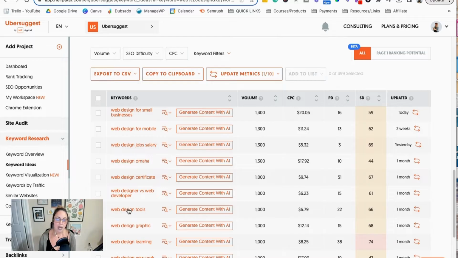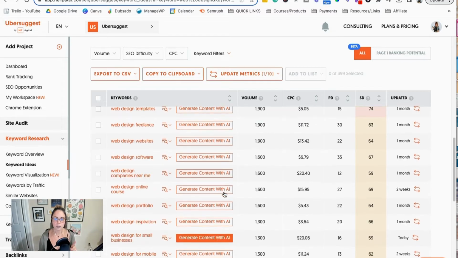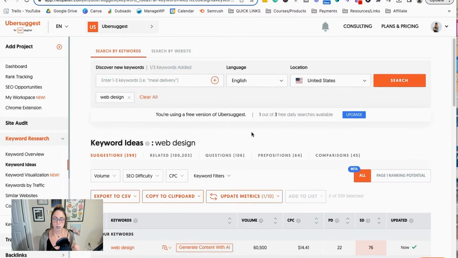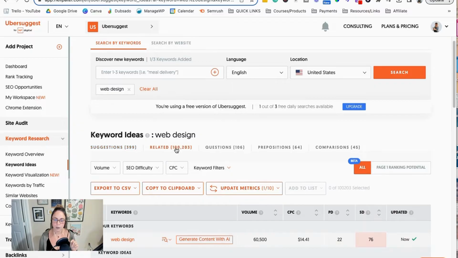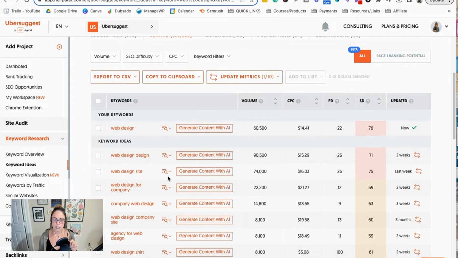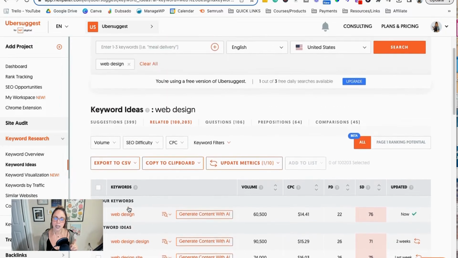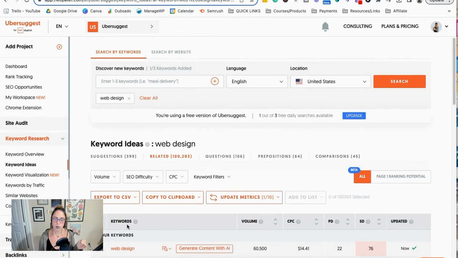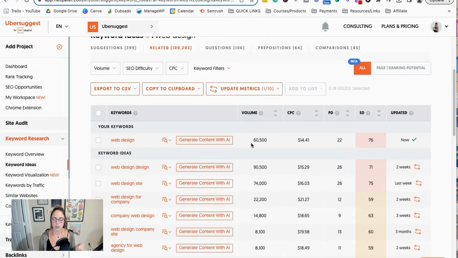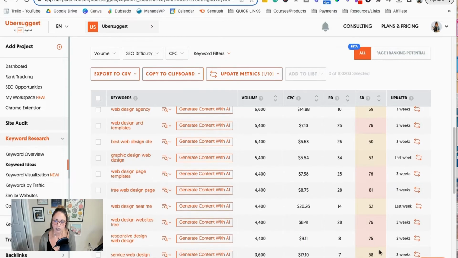You can click on these keywords here, and then it will run an analysis for that specific keyword. So that will probably use one of your 3 searches. Okay, so just be aware of that when you're using this tool. But what's also really cool is that you can click on related keywords. So this can sometimes change the keywords that show up here. So Ubersuggest is saying, hey, these are the keywords here that are also related to the keyword that you typed in. So you could take a look at this monthly search volume, at this SEO difficulty,